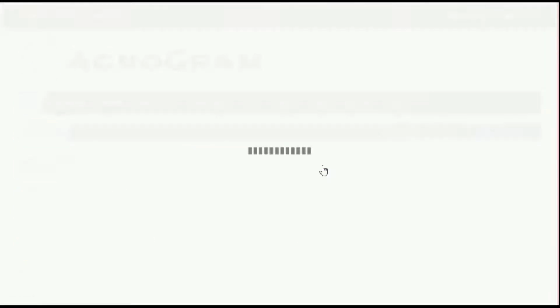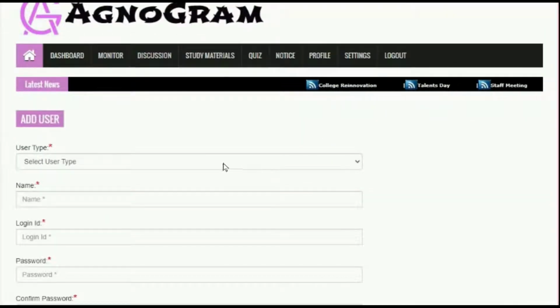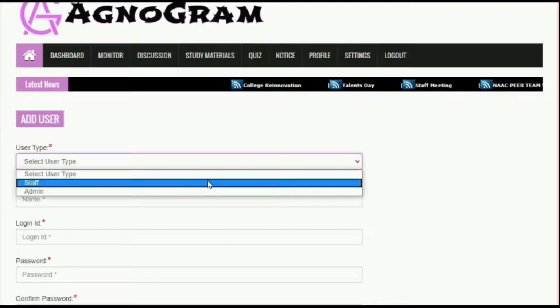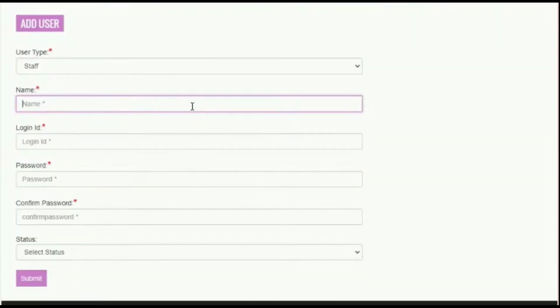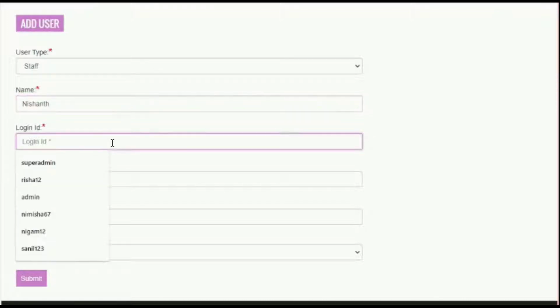Admin can add users, that is the staff of the college, by entering the user type either as admin or as staff, then entering the staff name, login ID, password and the confirm password.